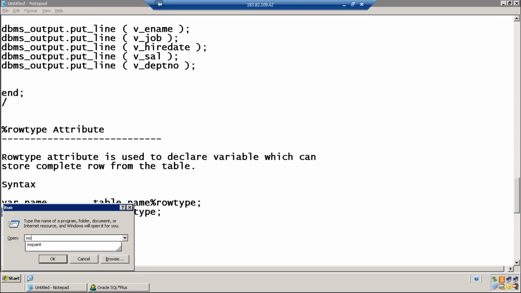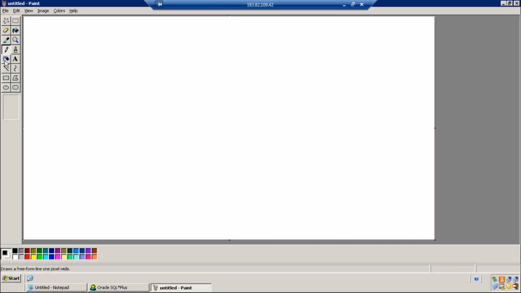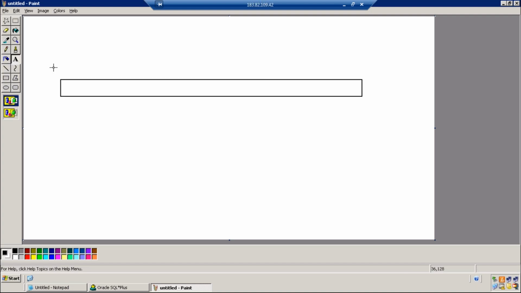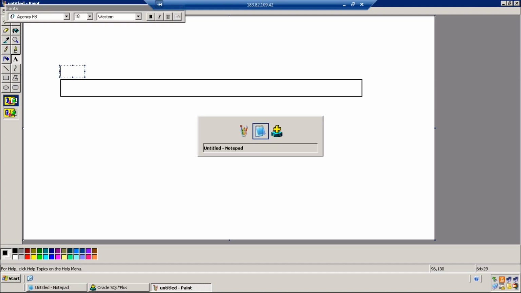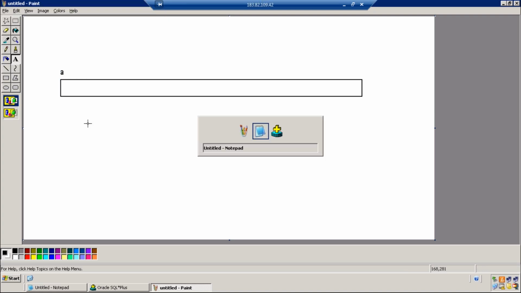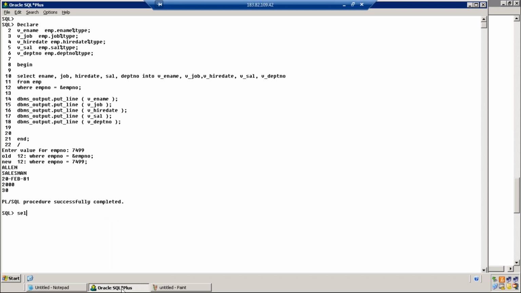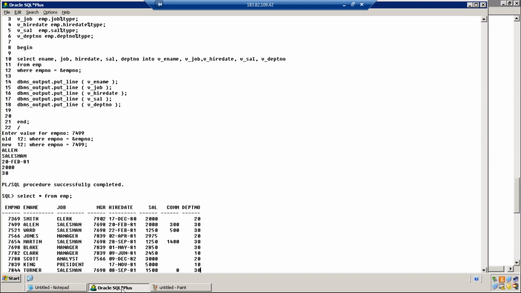How does a row type variable look like? This is how a row type variable looks like. In our example, the row type variable is A. My variable is associated to which table? Employee table row type. That means it can store one row of an employee table.